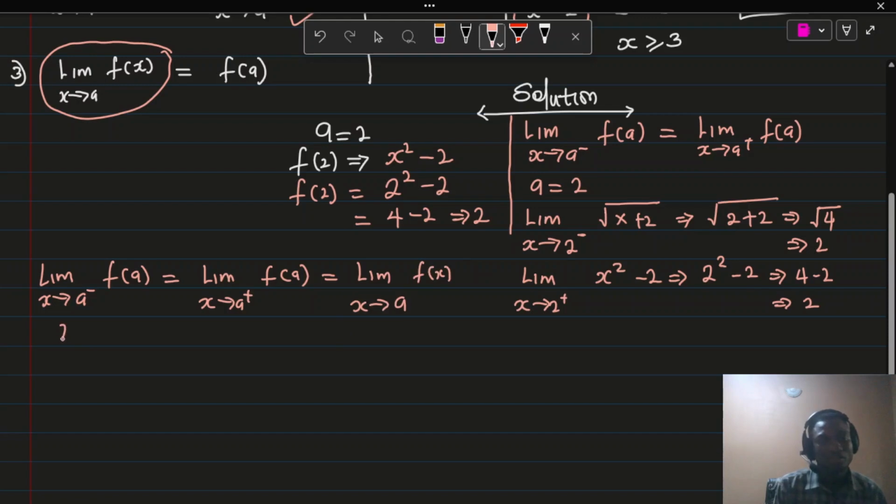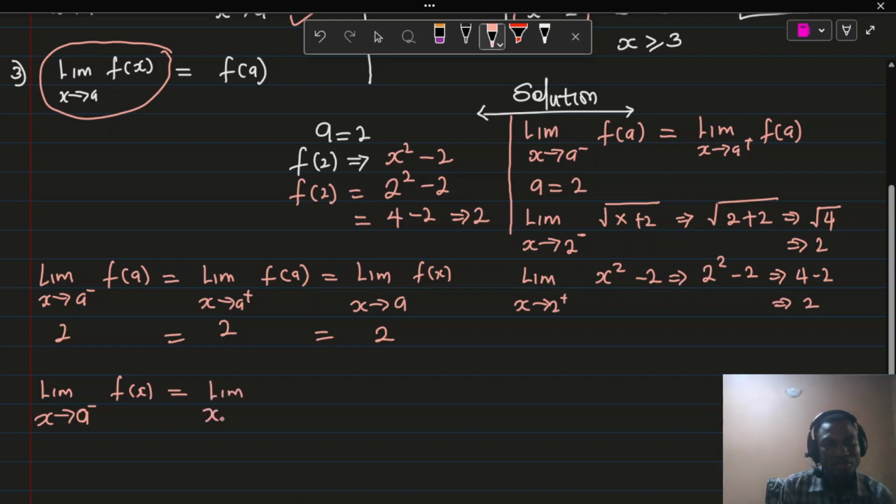That is, if this one is 2 and this one is 2, definitely this one also is equal to 2. Another way that we can write this is limit as x approaches a from the left hand side of f of x equals limit as x approaches a from the right hand side of f of x equals limit of f of x